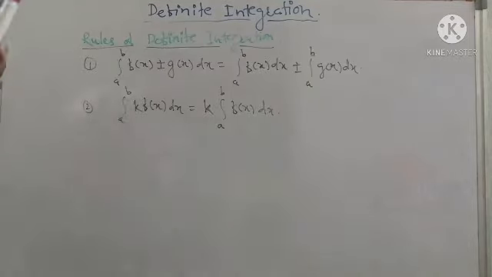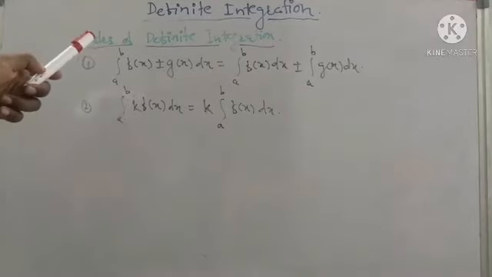Rule of definite integration. As you understand here, the only difference between indefinite integration and definite integration is the constant of integration c. Instead of it, in definite integration we use limits of integration, as we use the constant of integration in indefinite integration. Now the rules are the same here for definite and indefinite, but as we use limits in definite integration, the first